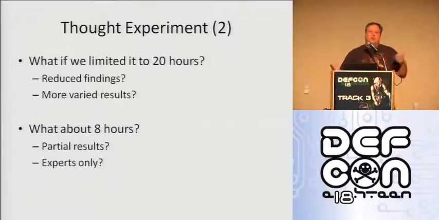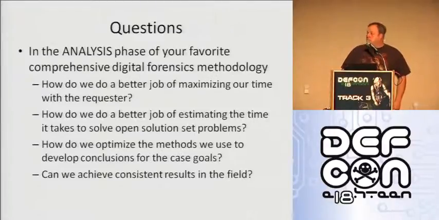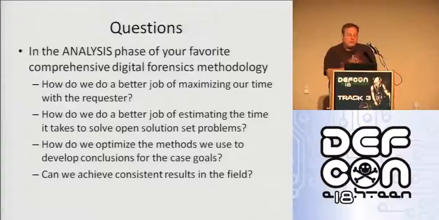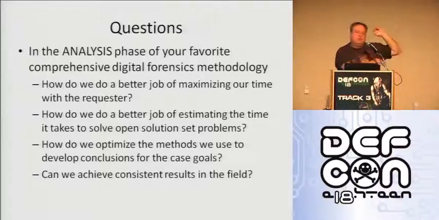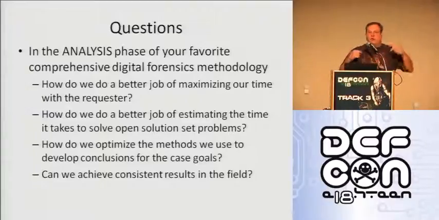And does that mean I'm going to do a super timeline, which is going to generate for 6-7 hours? No, it doesn't. So anyway, where we fit in, and this is for the analysis phase, we're not really going to focus on what the methodologies do right now. They do a great job of telling you to go get the data and grab the data, but when you get to the analysis phase where we put up that DOJ, and they were like who, what, when, where, and artifacts and all that good stuff, how can we do a better job of maximizing our time